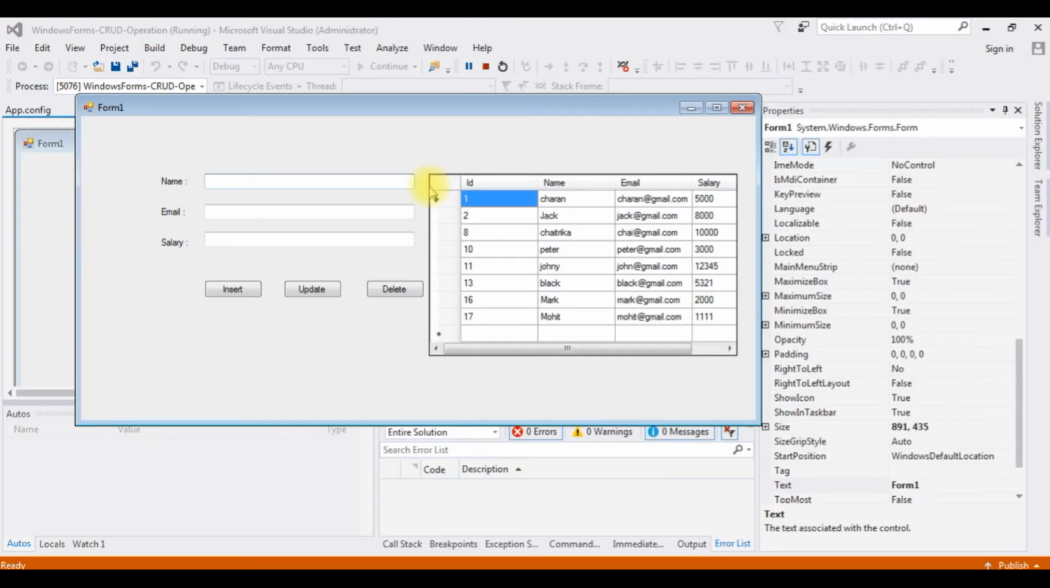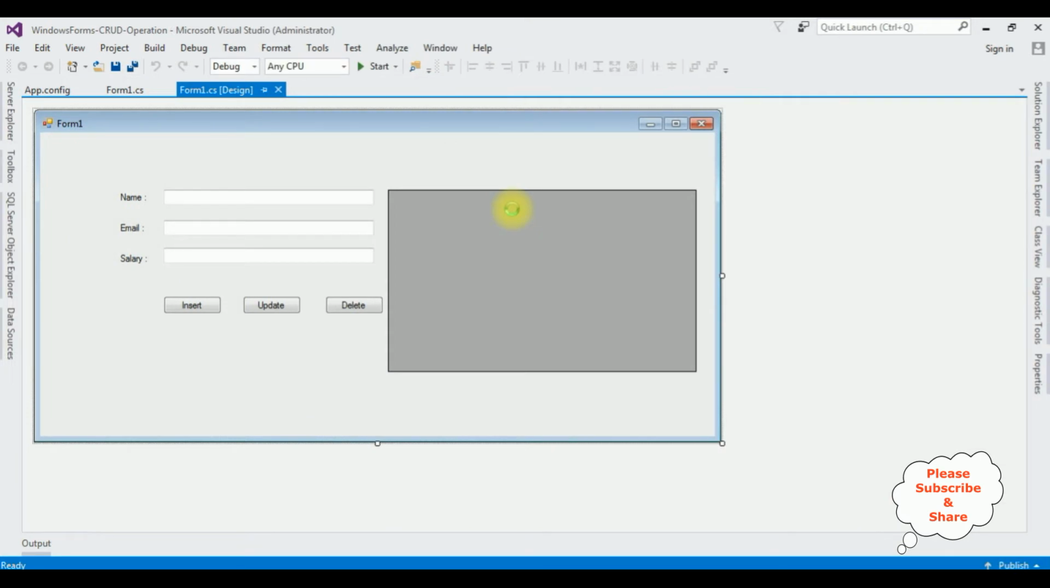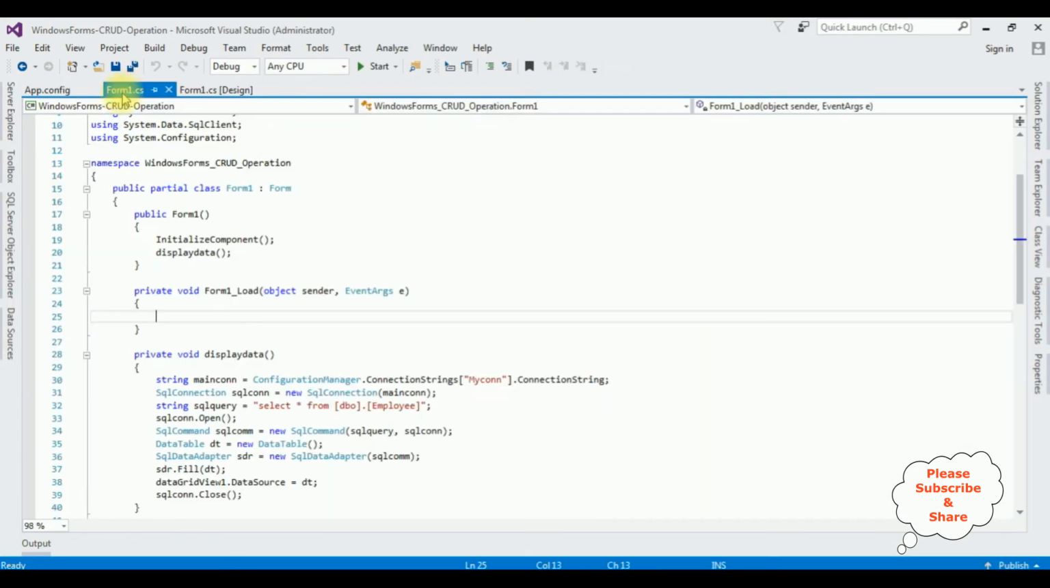To update a particular employee record, we need a checkbox column in this DataGridView control. First we'll add a new column with a checkbox control into this DataGridView control. Let's close the output window and stop debugging. Switch to Form1.cs. In the public Form1,